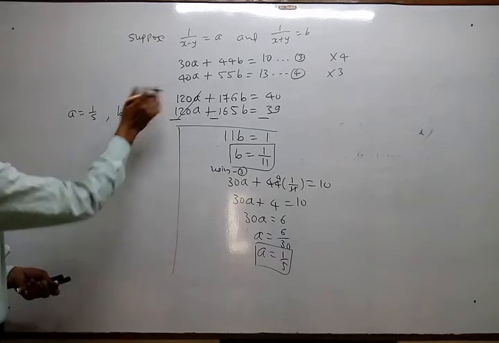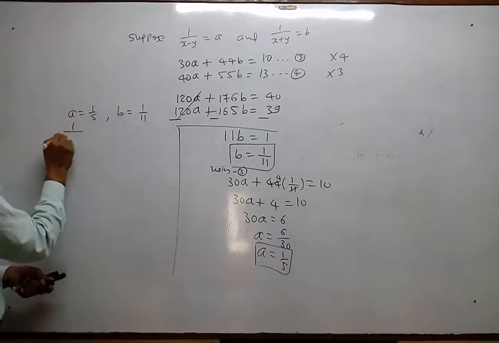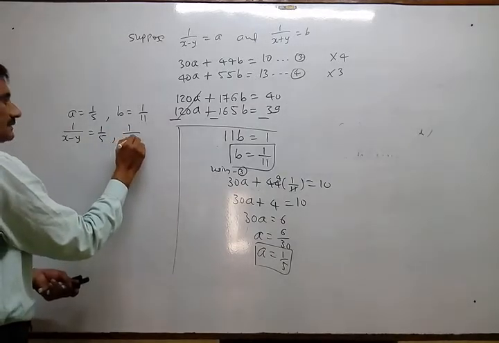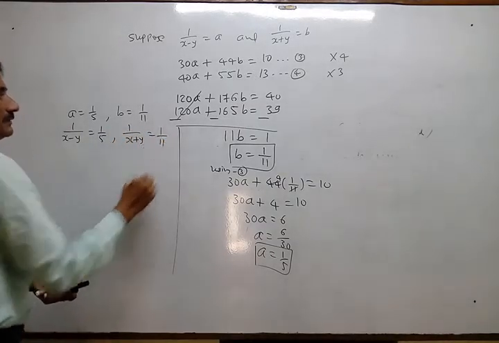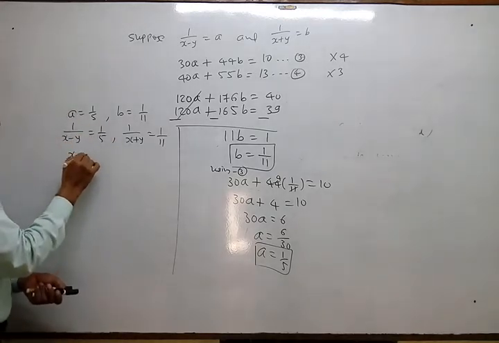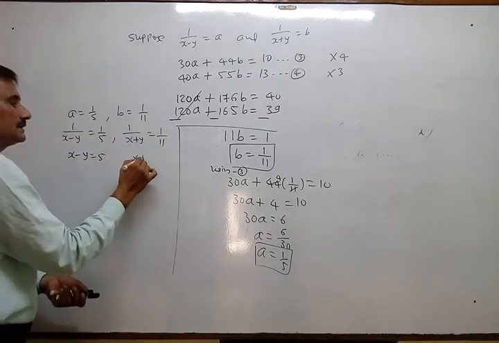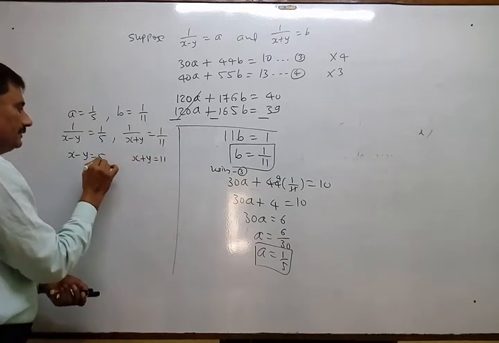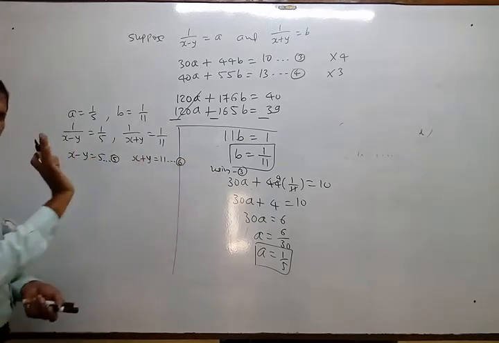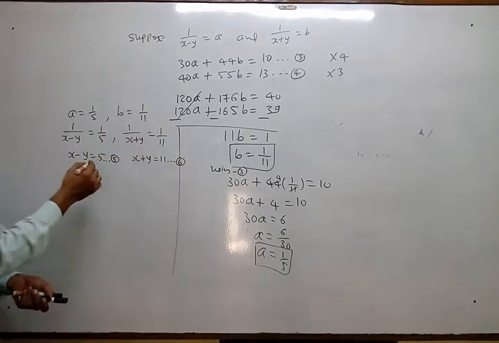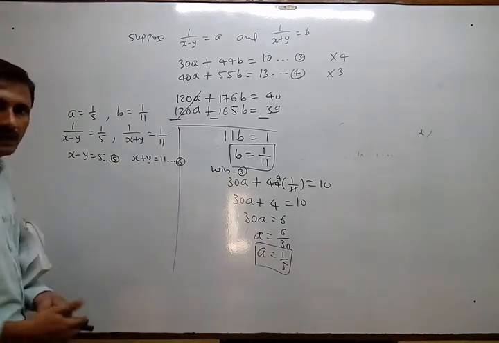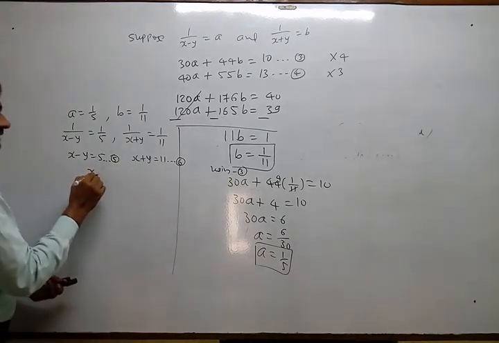Okay. Now instead of a, write down whatever was given then. 1 upon x minus y equal to 1 by 5. 1 upon x plus y equal to 1 upon 11. Now take the inverse of both, otherwise cross multiply. So x minus y equal to 5, x plus y equal to 11. If I want to give numbers, then I have to give numbers 5 and 6. Okay, don't get confused by the numbers because the new number we have is 12. Okay, so two new equations we get because we wanted to remove a and b. So now very easily they can be solved.